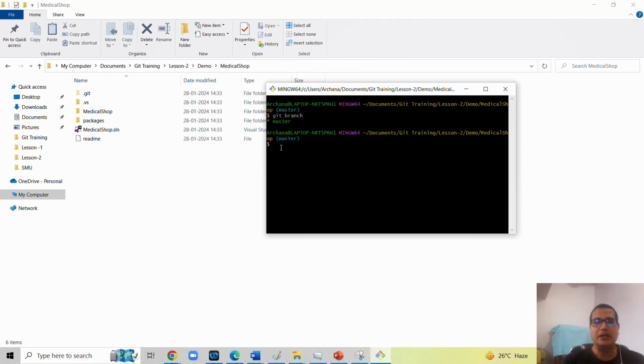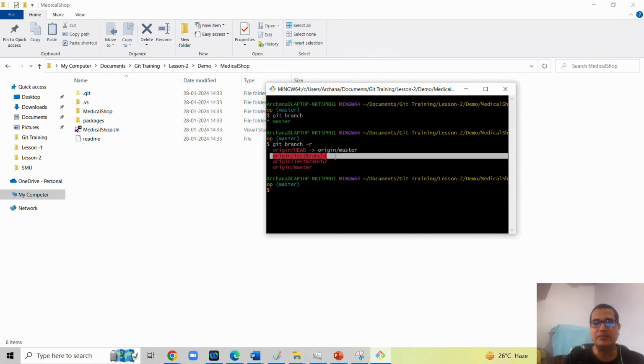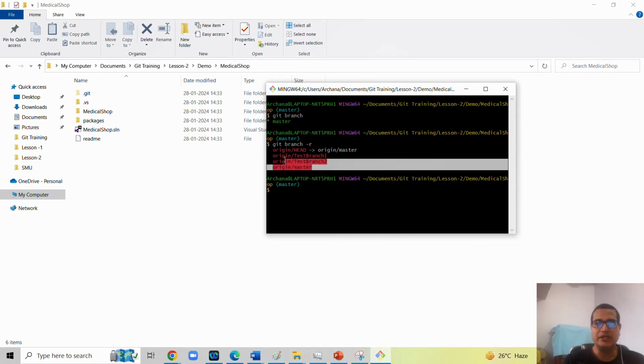But when you do git branch hyphen r, if you want to see what the remote branches are, you can see them. It shows origin slash test branch, origin slash master, it gives you all the branches which are there. Essentially these branches exist on the remote, and this branch also exists on the local, but since you have not checked out the others,